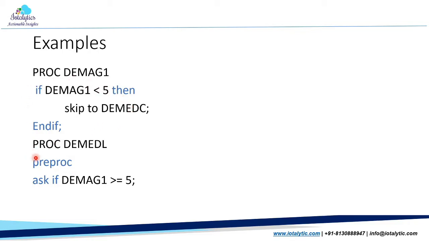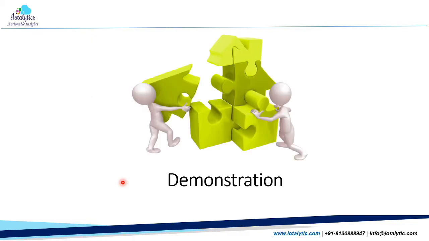If you want to do it in the pre proc, you declare the same condition: if the particular variable is greater than or equal to 5, then that particular variable has to be asked, otherwise you should not ask. So that kind of program with the same condition, you can use in the post proc, and also in the pre proc. But you have to be very clear, as a programmer, as a data entry program data manager, you have to take a call on when to declare that particular variable, in your role.